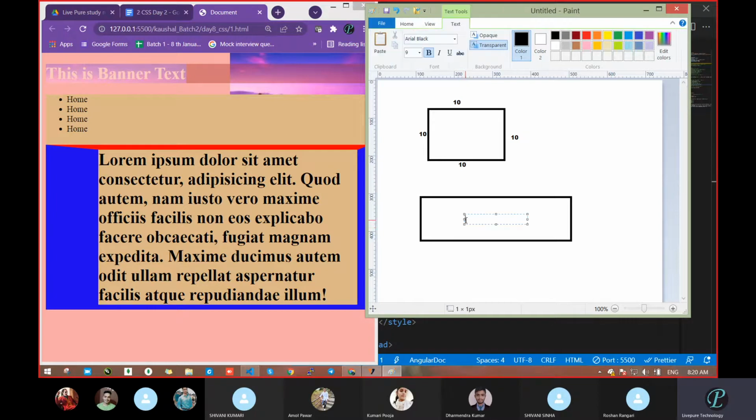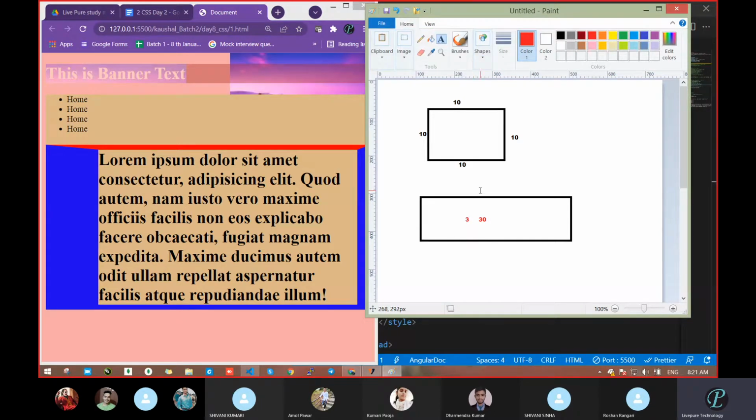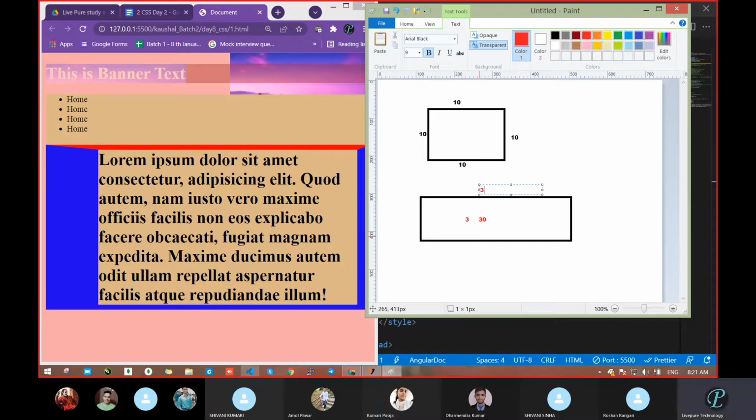Suppose we have values like 3 and 30. So which value will be 3 and which will be 30? Always it will start from the top. So what will be the top value? The first one, it will be 3. Fine. What about the left side?